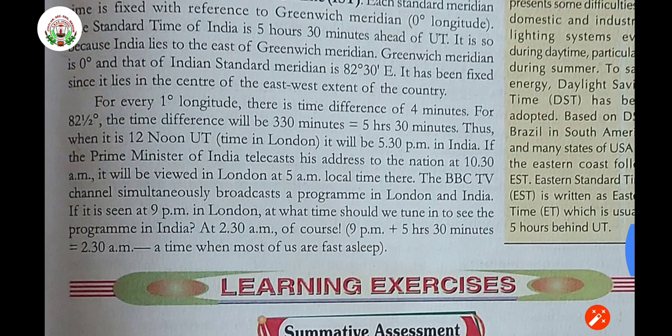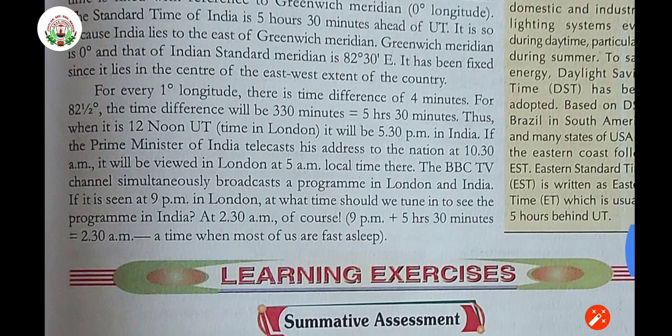If the Prime Minister of India telecasts his address to the nation at 10:30 a.m., it will be viewed in London at 5 a.m. local time there. The BBC TV channel simultaneously broadcasts a program in London and India both. If it is seen at 9 p.m. in London, at what time should we be tuned in to see the program in India? That will be at